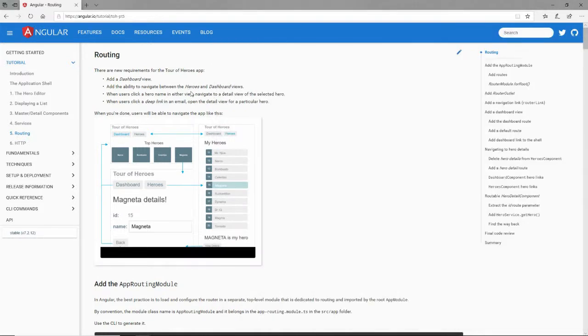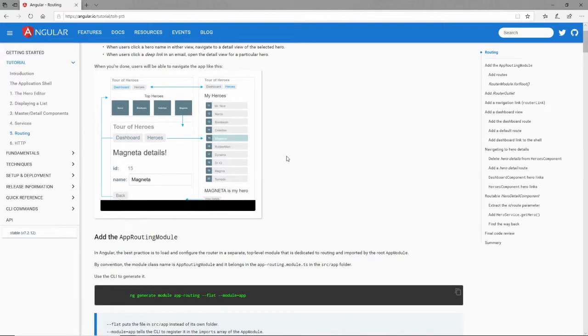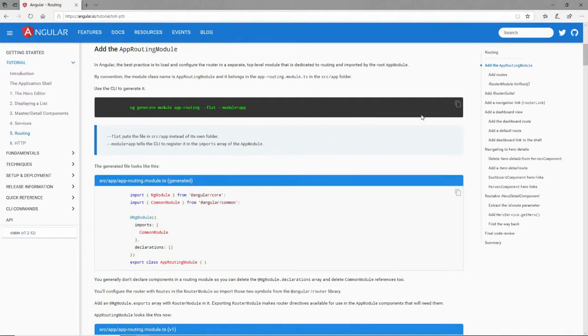So here's what we're going to do. We're going to build different views. One will be a dashboard, which is a list of just the top few heroes. We'll have a full list of all the heroes, and then we'll have a detail about whatever the selected hero is. We're going to build that, and we'll be able to route to any one of those views based on the URL. So to do that, we're going to use this